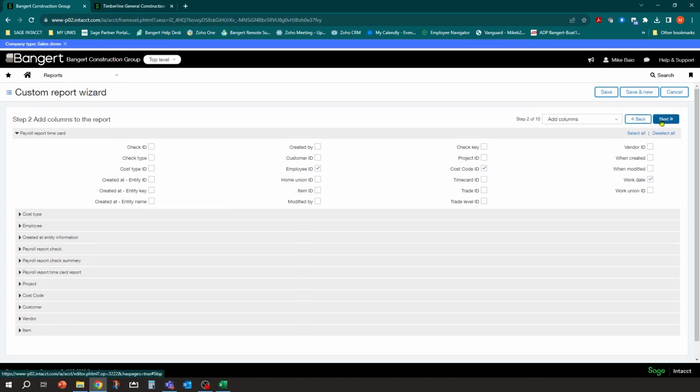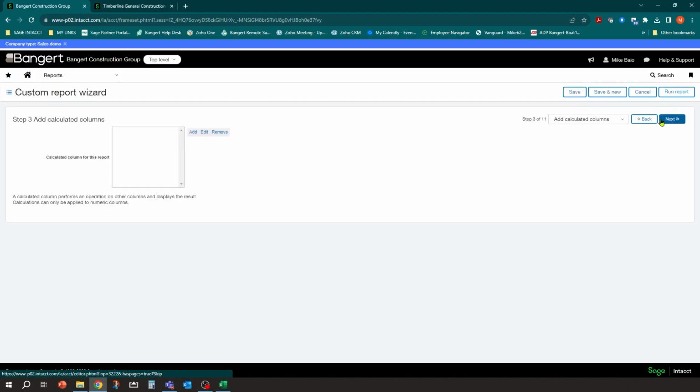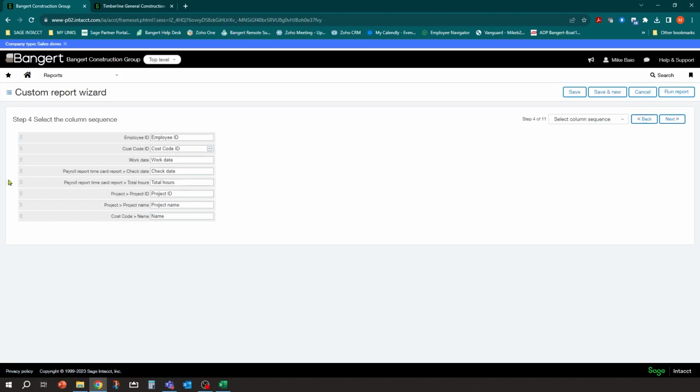We'll click next. And now it's going to take you through your typical wizard. You can calculate your own columns. So maybe you want to add a couple columns together, do a division. You can have all this capability. For more information on this, check out some of our overall report designer classes, and we'll go in more detail on these calculated columns. But we're going to skip that for now. And all I'm doing is hitting next. And now it's saying, well, on a report, what order do you want them to be in?